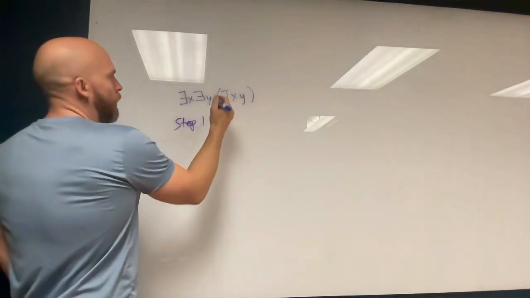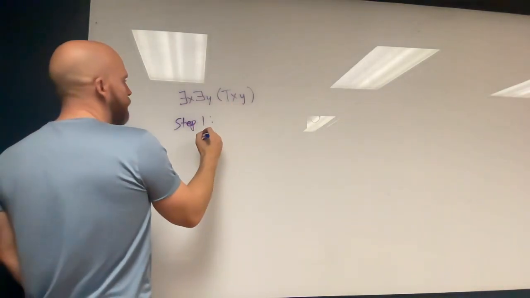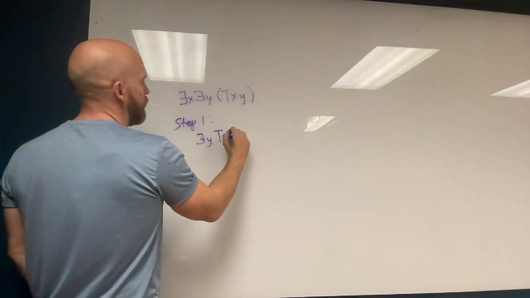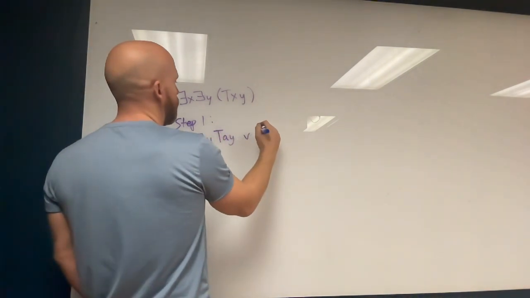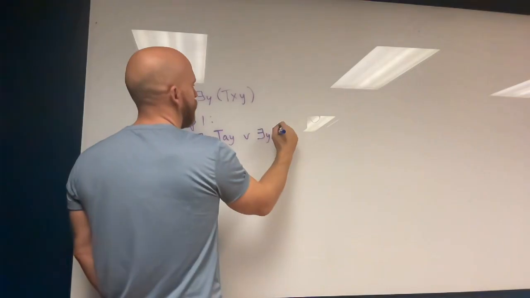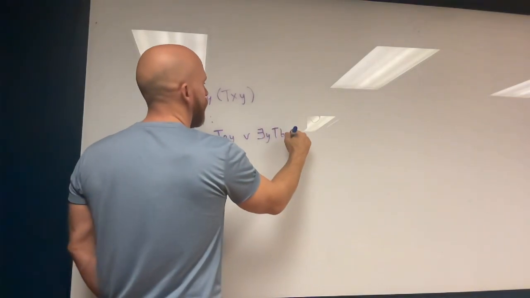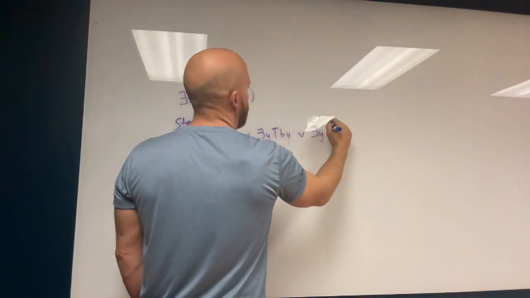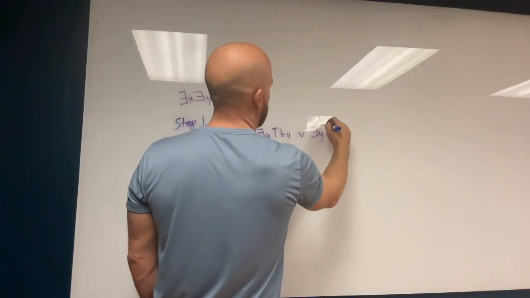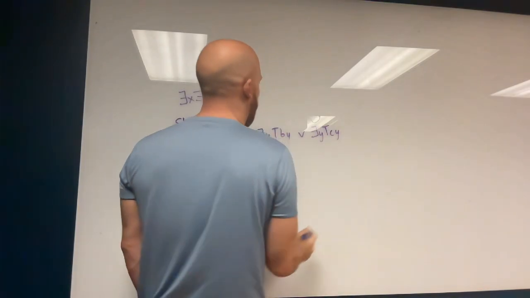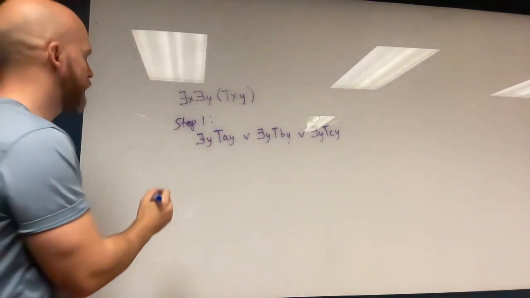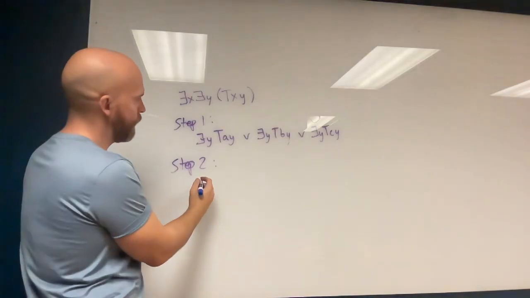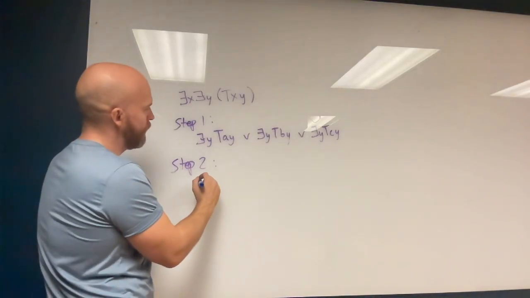We'll get rid of that existential, and we're left with the expression TAY, existential y TBY, and then or existential y TCY. Now, of course, we have to expand this again. Step 2. We want to get rid of that existential. So what we're going to do is we're going to say